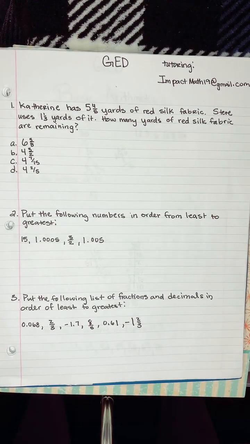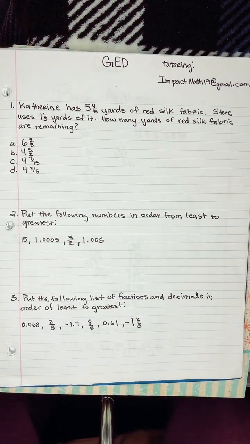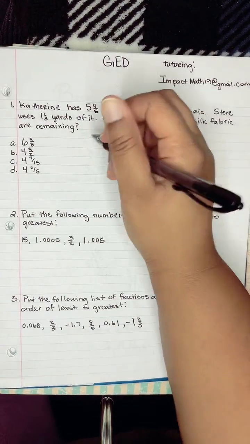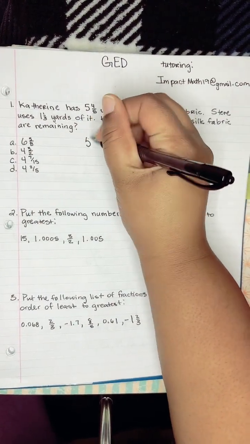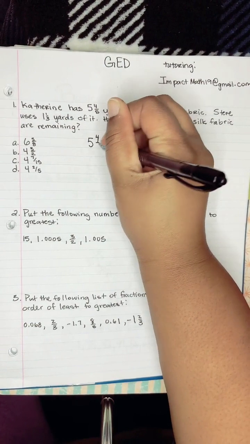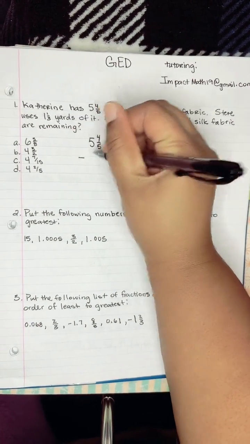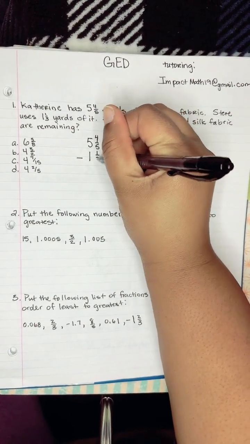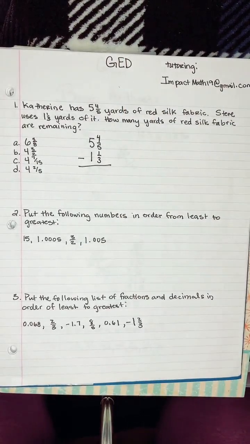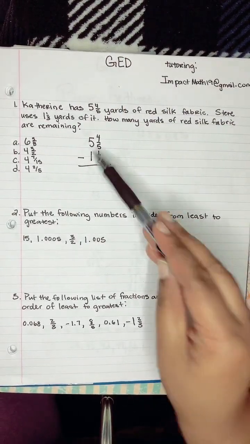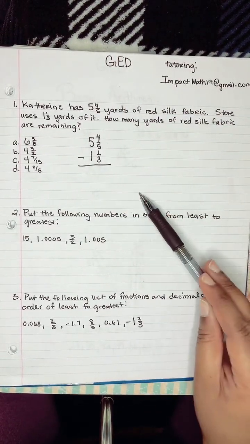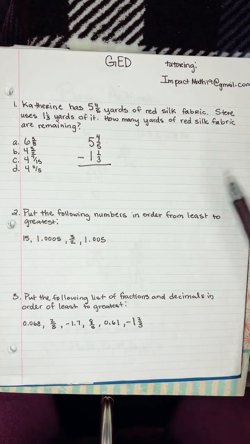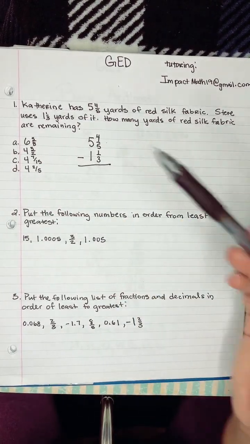So turn the first one into 29 over 5. Okay, I love it. So are we going to do it that way? So 5 and 4/5 minus 1 and 1/3. Now, we can do what you're saying. We could change this to an improper fraction and then subtract. And then once we do that, we have to divide it back and get a mixed number. Or